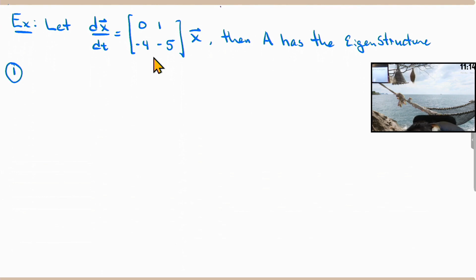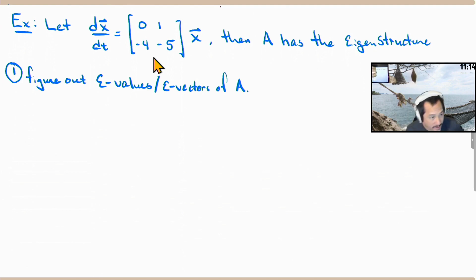So step one is to figure out eigenvalues and eigenvectors of A. Okay? And so to help us out with that, I'm going to move this over here, and then, everyone take a look at the matrix 0, 1, -4, -5. You can write that down. You can start figuring out the eigenstructure for that if you'd like, but here, over on board number 2,